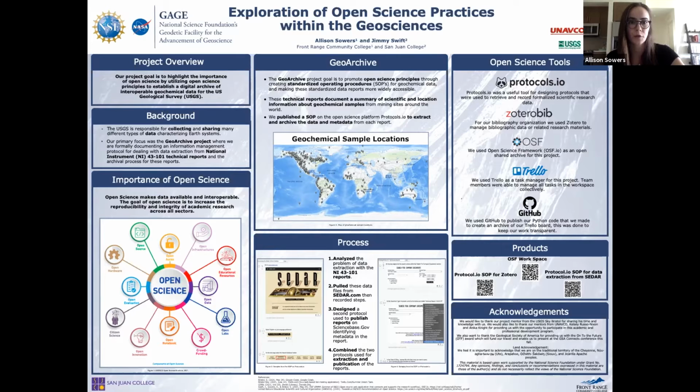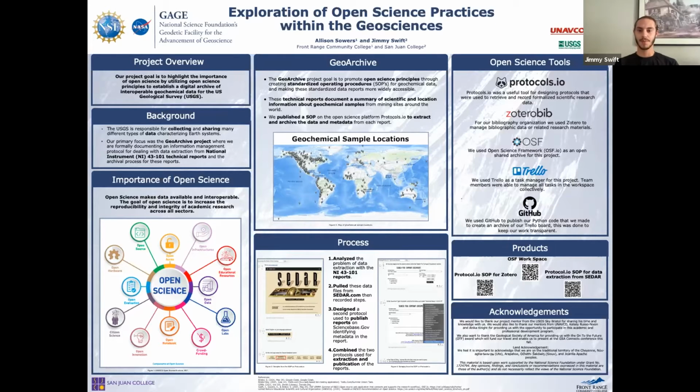The goals of open science are achieved through collaborative networks that remove the barriers involved in sharing methods, tools, or data during the research process. Through open science practices, we can accelerate scientific research and improve the trustworthiness in our results. The figure below shows many of the components of open science, including open access, open infrastructure, open notebooks, open data, open educational resources, open evaluation, and open source sharing. I will now hand over the presentation to Jimmy, who will talk more in depth about the Geo Archive project.